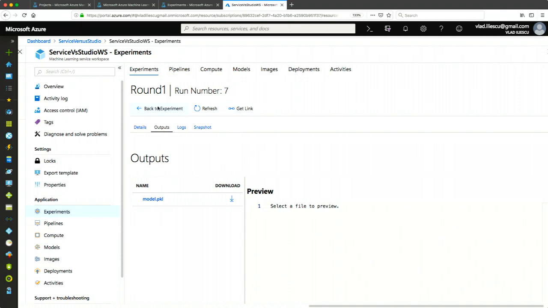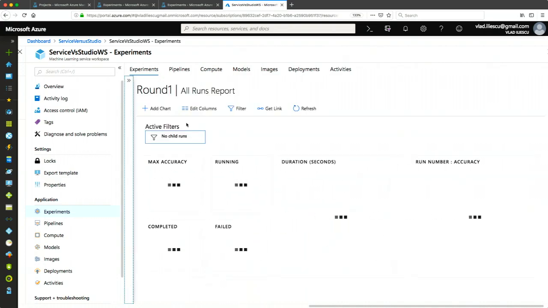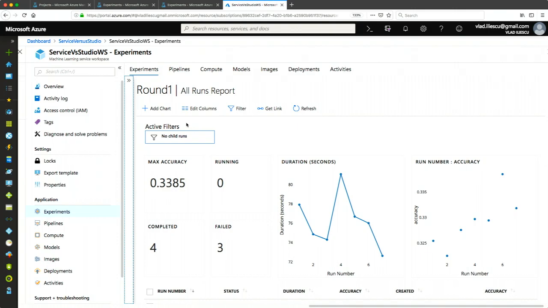So it's about round one, ML Service versus ML Studio, and why the accuracies differ. Exactly as you said, I'm using different data sets for training and testing, and the accuracies differ because they're different samples. I haven't changed anything else.